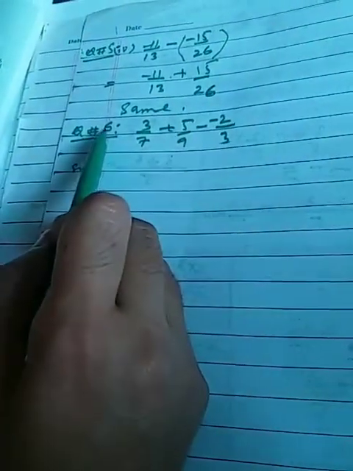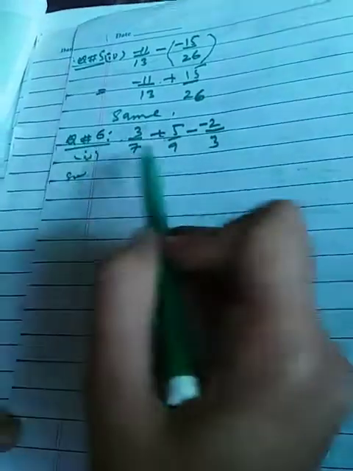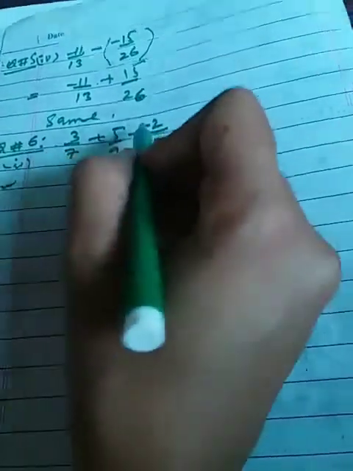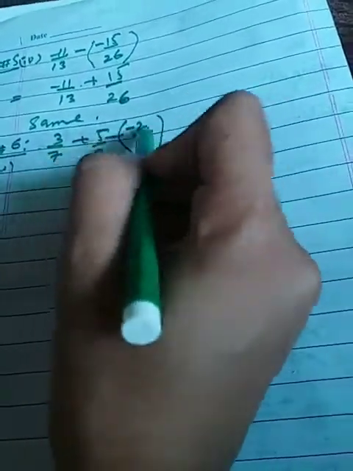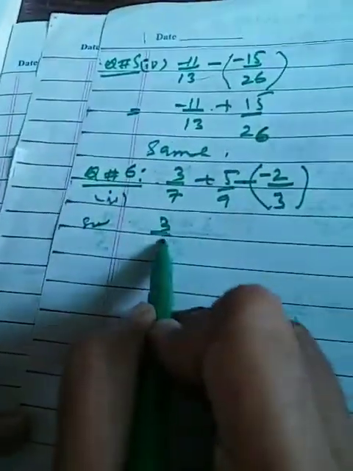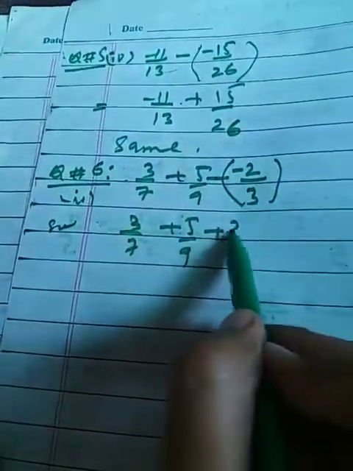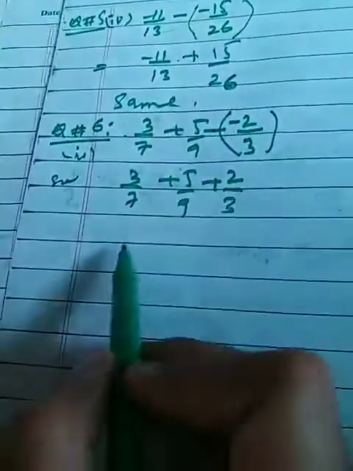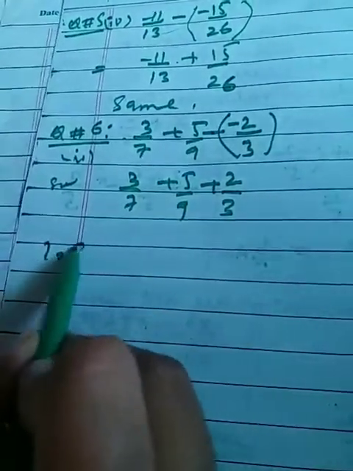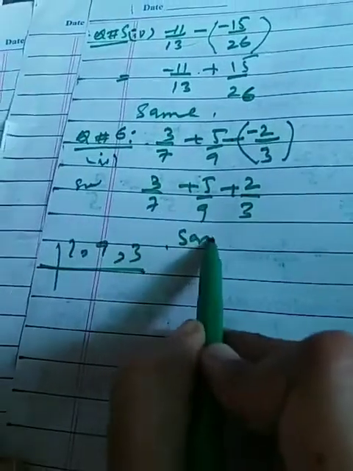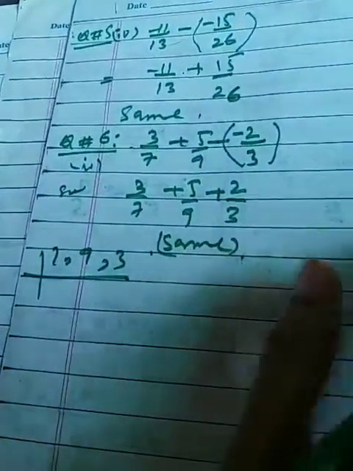Okay, this is question number 6, first part. Same case, if you have 3 rational terms, there is no change at all, but you know there are 2 signs, so just write a bracket over here so that you can solve these signs first and then the terms. Okay, 7 plus 5 by 9 minus minus plus you got, because these are multiplying. Again the rest of the procedure is same. 7, 9, take the LCM of 3, and the rest of the procedure is the same. You have to do it by yourself.